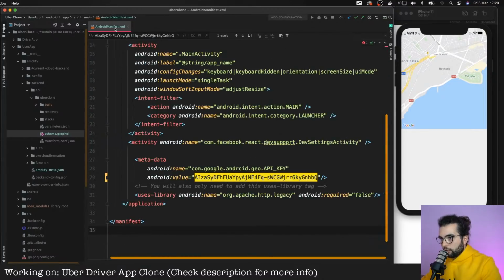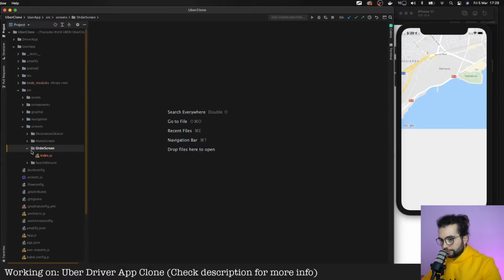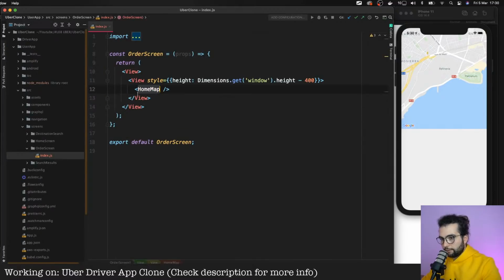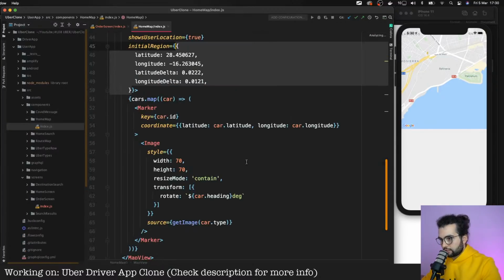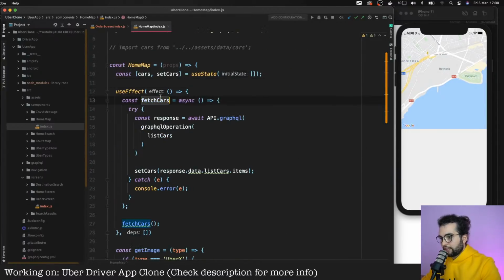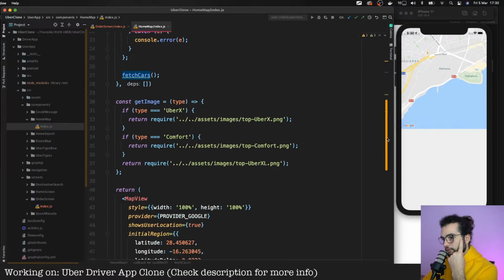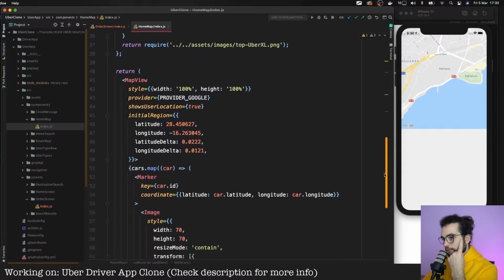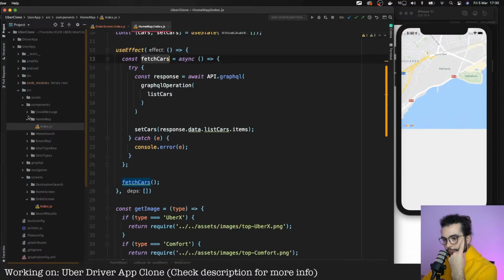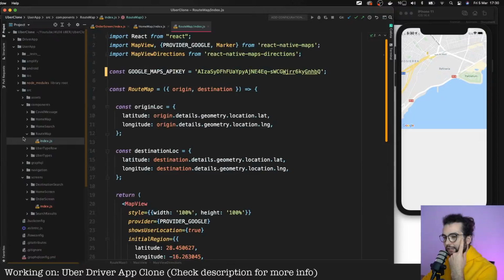Let's now think about our next steps. So we have our order screen here. We have a home map. Let's have a look at what home map actually is. So the home map will fetch the cars. Okay, I understand. Route map will also, okay.